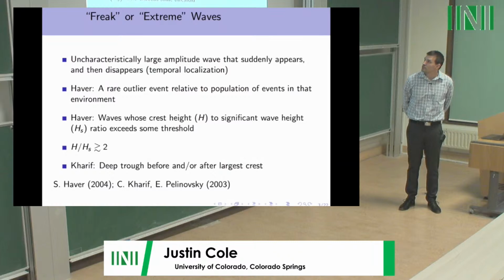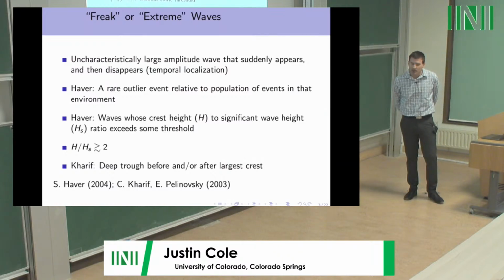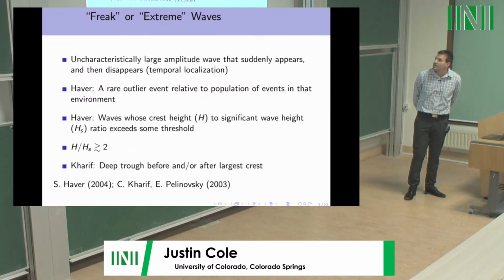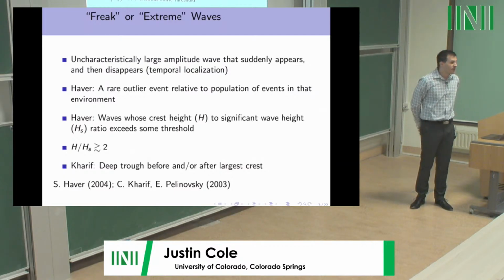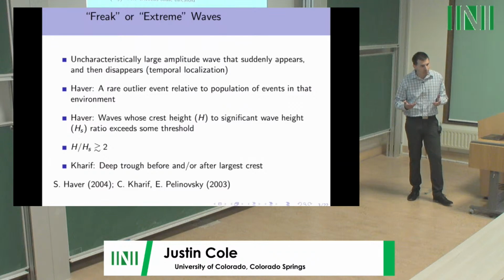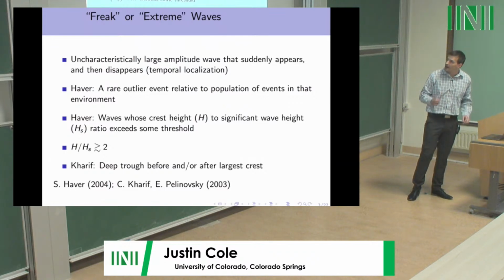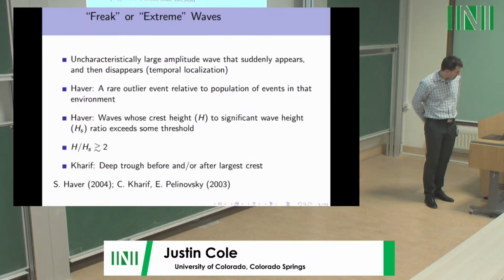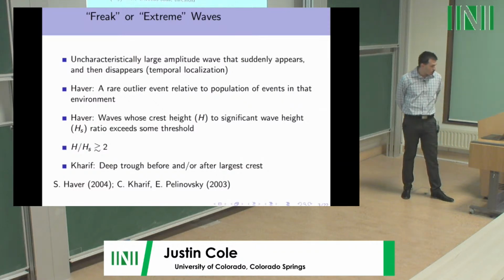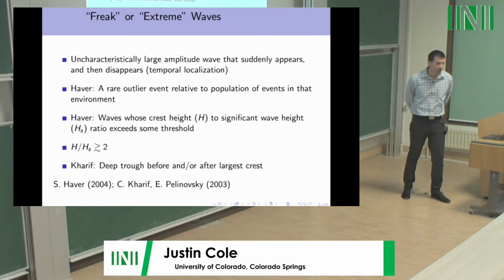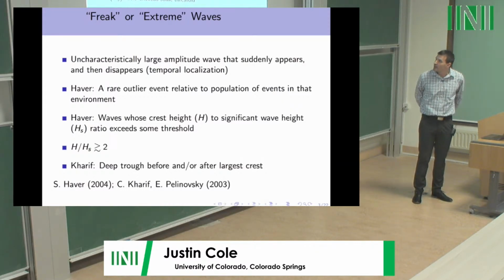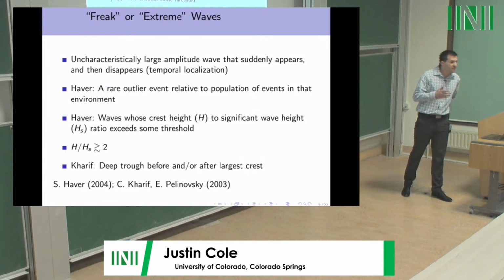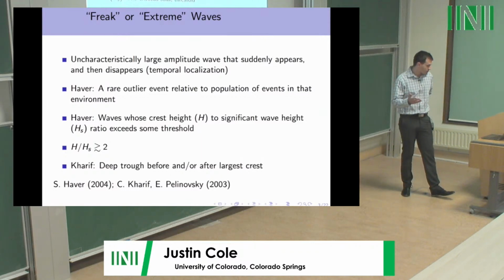Some definitions of these freak or extreme waves. One is that they are uncharacteristically large amplitude waves that appear and then disappear. So there's a notion of temporal localization. Another definition attributed to Haber is a rare outlier event relative to the population of events in that environment. These should be rare events, and while there are probabilistic descriptions of the rogue waves, I'll take a more physical